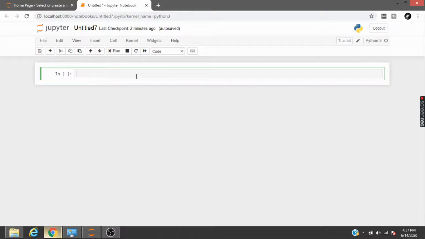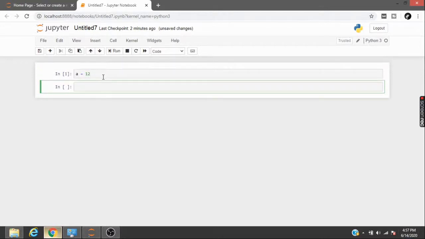When it comes to declaring a variable in Python, you don't have to do it like you do in other languages. You don't have to declare the variables. You can simply type a equals 12, and that makes the variable declared in the system. If you want to print the value of a, you can write print, type a, and then run.